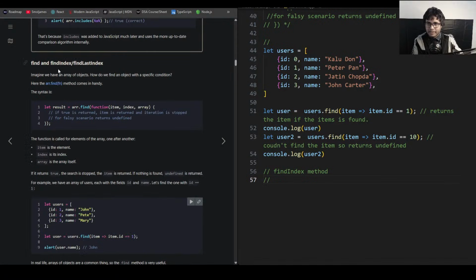Find index, find last index. Imagine we have an array of objects. How do we find an object with a specific condition? Here the array.find method comes in handy. The syntax: